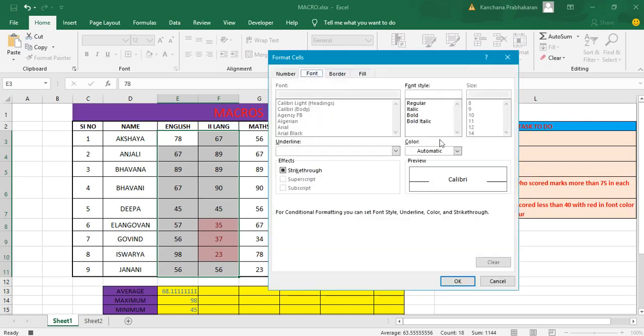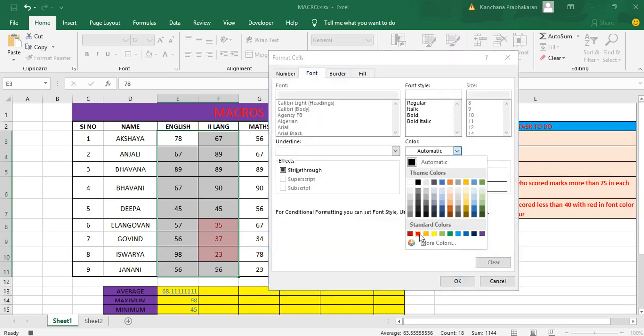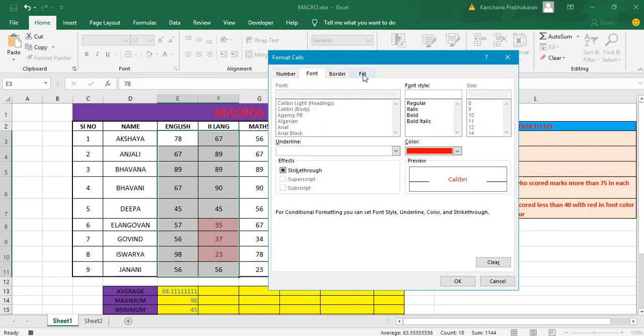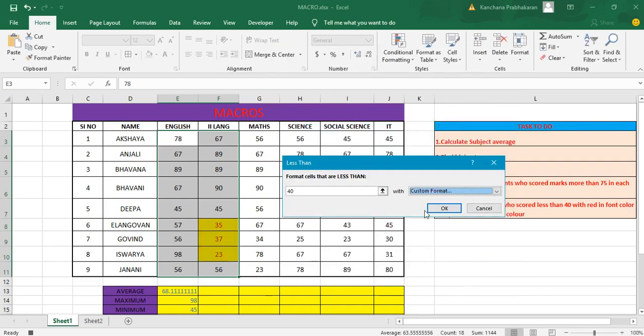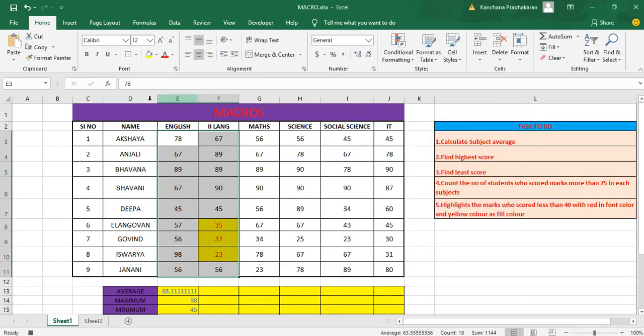And go to Font. Font color will be red. And go to the Fill tab. Fill color will be yellow. Click OK. Okay, the students who got less than 40, their marks will be shown in this condition.